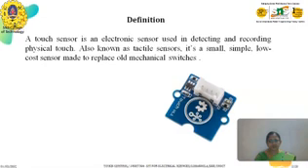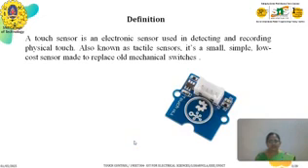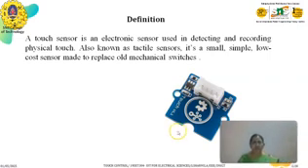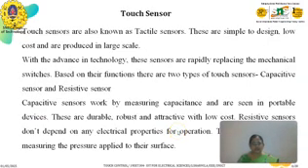Now let's see the definition of the touch sensor. A touch sensor is an electronic sensor used for detecting and recording physical touch. Normally it is known as a tactile sensor because it is a small, simple and low-cost sensor. It is made to replace the old mechanical switches, and these sensors are rapidly replacing the old mechanical